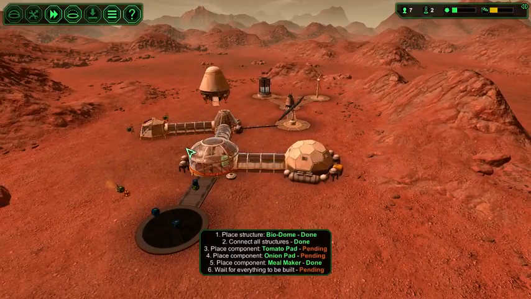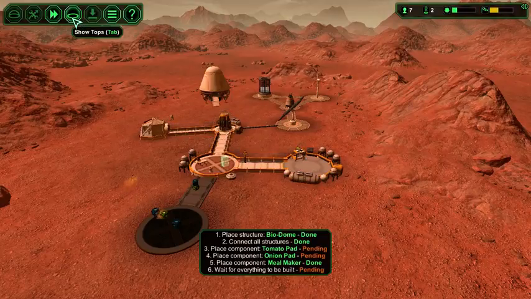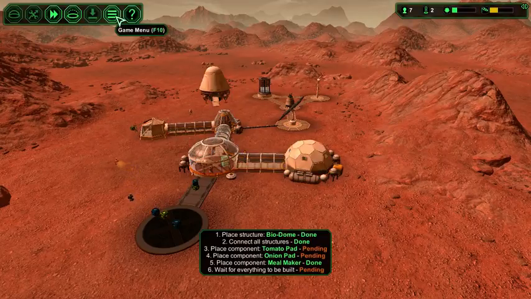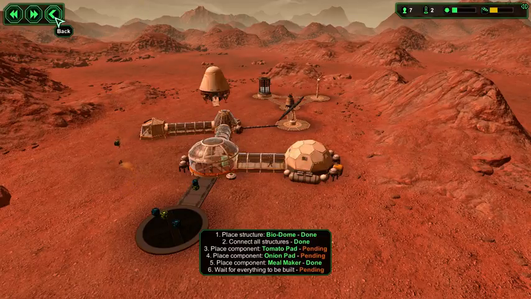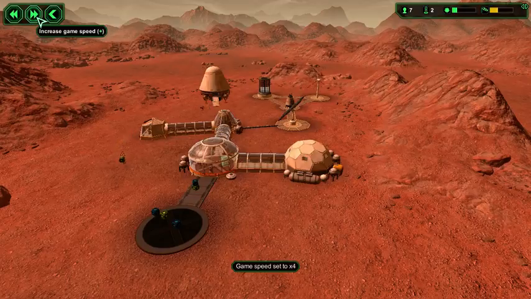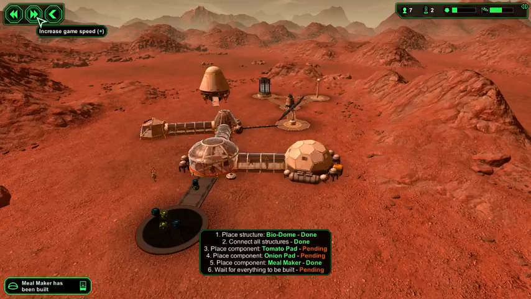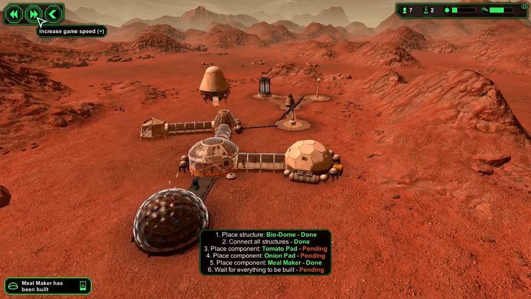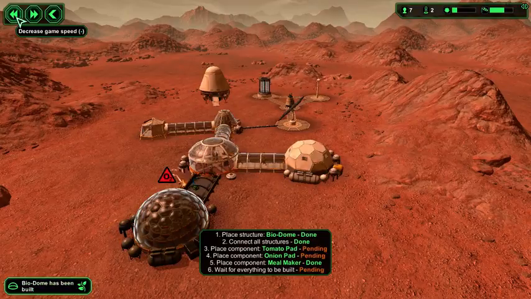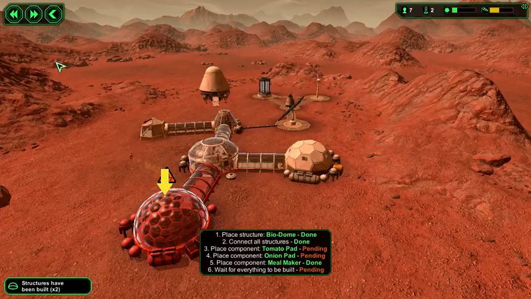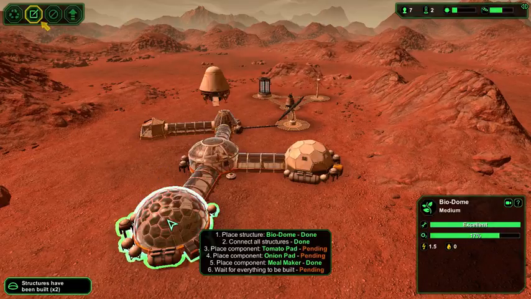So our little bots are done. What's this one? Ah, it takes the overhead off. Game menu, and no. Okay, adjust speed. Let's go and adjust speed. Meal maker has been built. There we go. Biodome has been built. Okay, now we need to edit this,